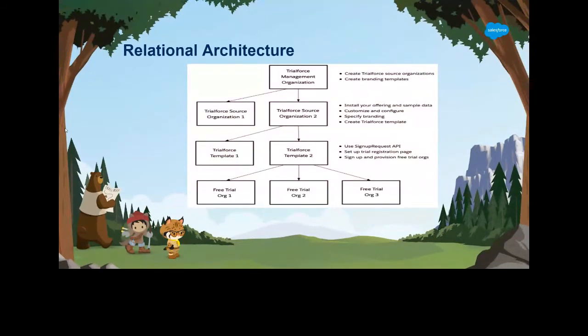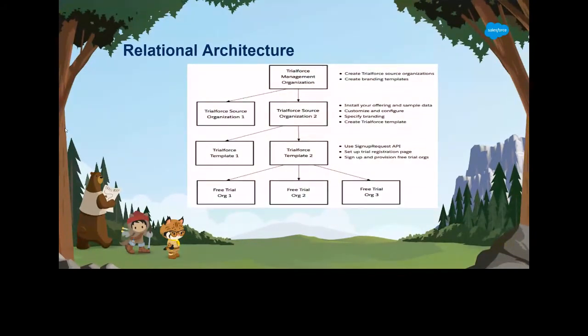You can see the last boxes. Let's say I create a Trailforce template 2, and that Trailforce template 2 gives me a Trailforce template ID, which I will use to create a free trial org. You can create multiple free trial orgs using the same Trailforce template ID, or you can use a different template ID as well to create a different kind of org. What is the purpose of creating this, how we have this versioning mechanism, and how we do the upgrade, all those kinds of questions I will try to cover in the next slide, where we will talk about how template versioning works.